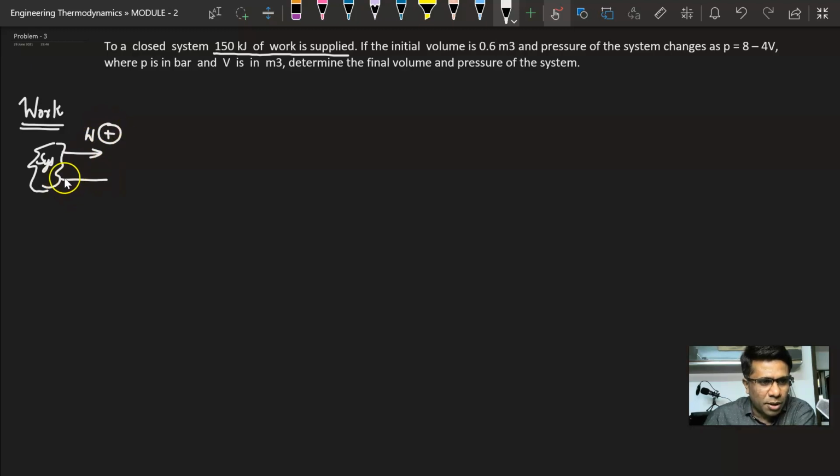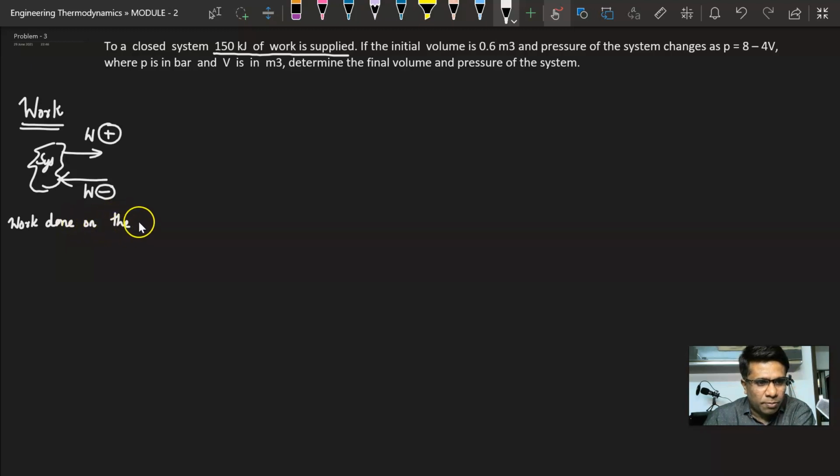And when a system receives work or when work is done on the system, that work is taken as negative. So, this is the sign convention, that is, work done